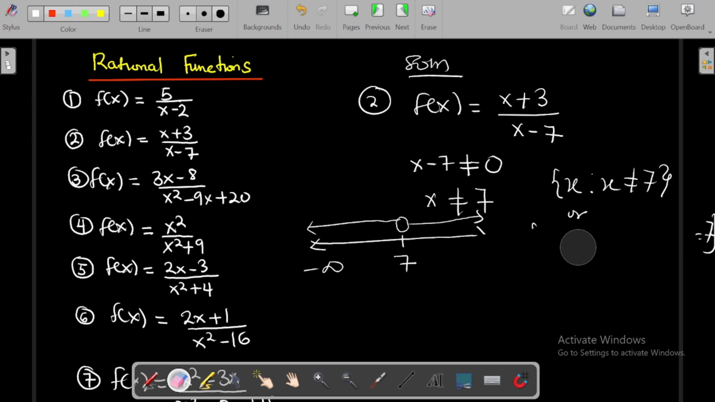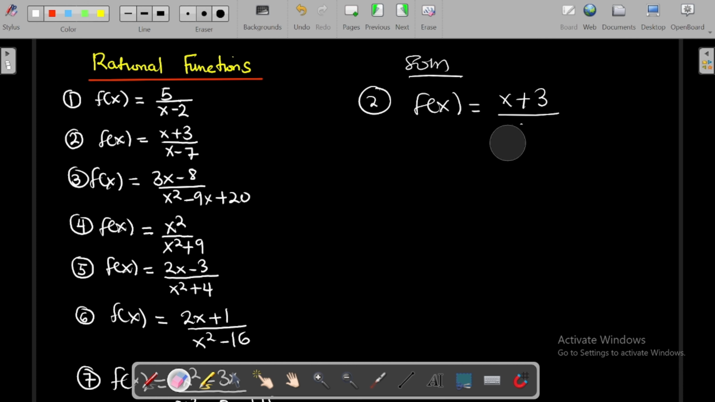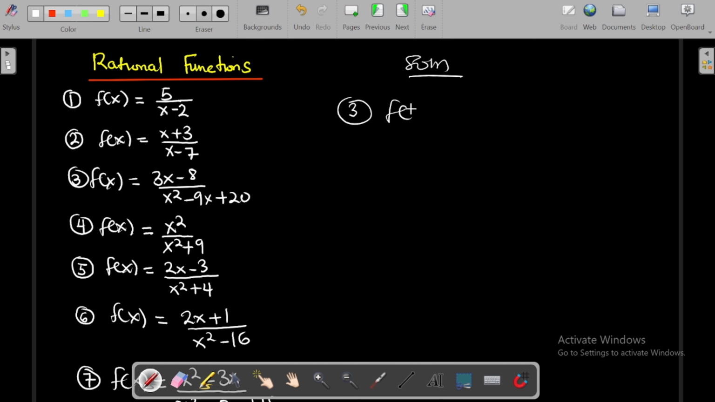I believe that from this one we are getting the idea of solving rational functions. There are so many functions that we are going to be talking about, so stay glued to your seat and let's proceed. Our third question is f of x is equal to 3x minus 8 all over x squared minus